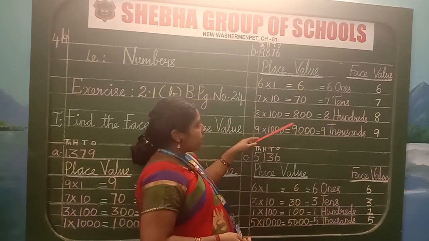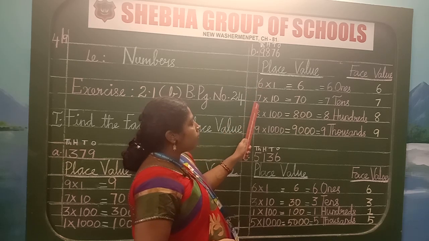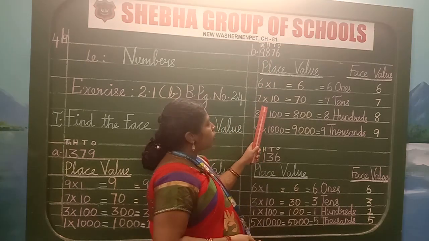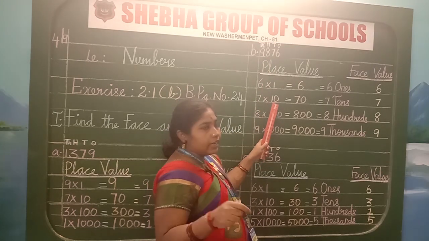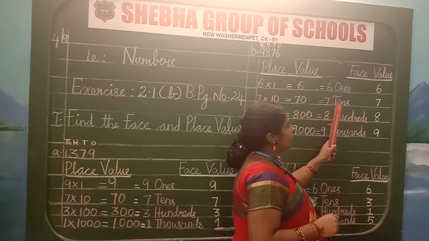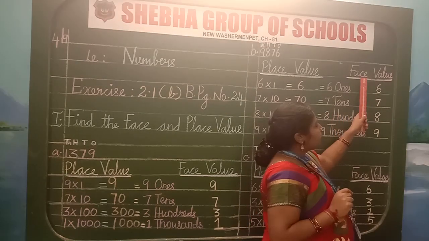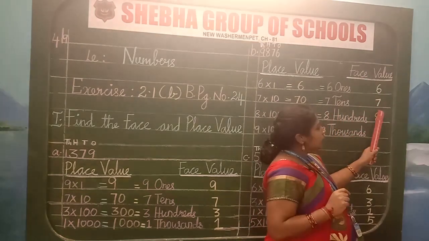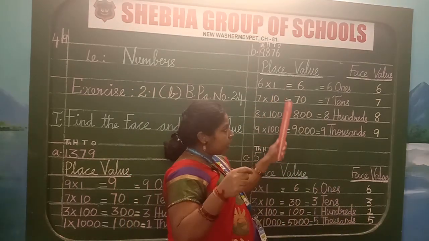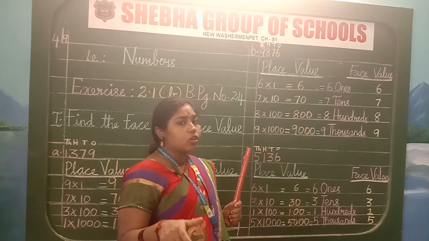Take the next line. In the next line, followed by 6, write the number 7. 7 is in the tens place value. So we are writing 10. So 7 tens are 70. 7 tens, you have to write in plural, tens. In the face value side, write the number 7. So write the equivalent in a proper way, children. Then your notebook will look neat.